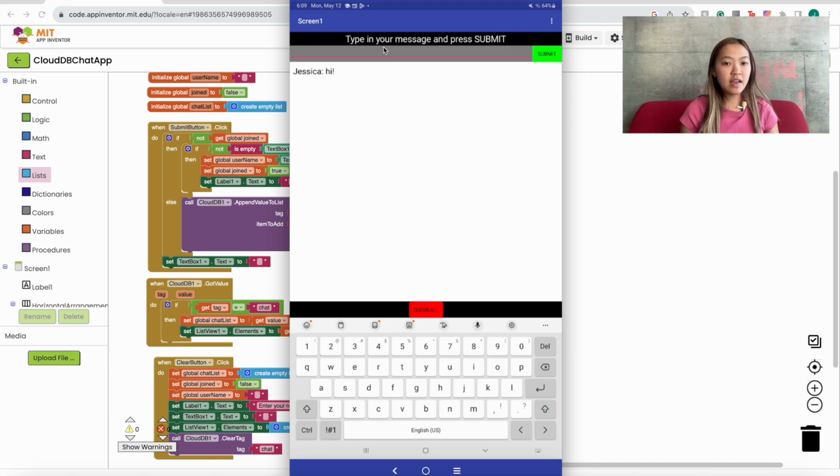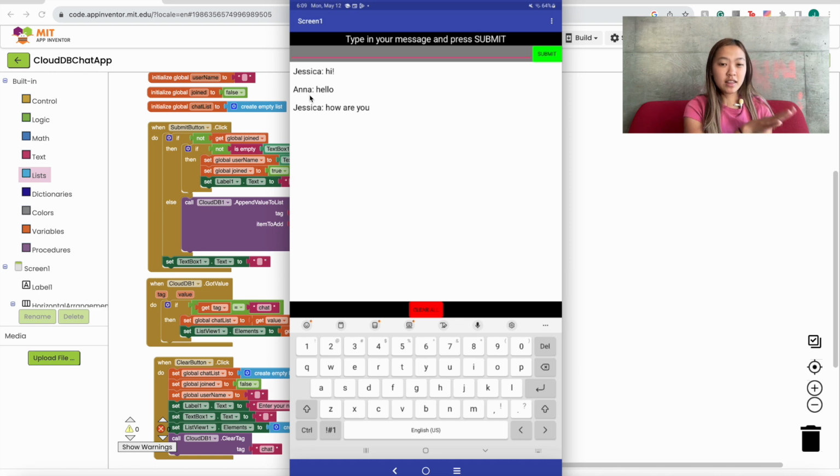And then on my second device, I'm just going to enter a different name, press submit, and then I'm going to enter in a message. And then you can see on this device that I can see the message that I have entered in on my other device, and you can just talk back and forth. How are you? Can submit that, and then it shows up on my other device, and then I can respond and be like, good,